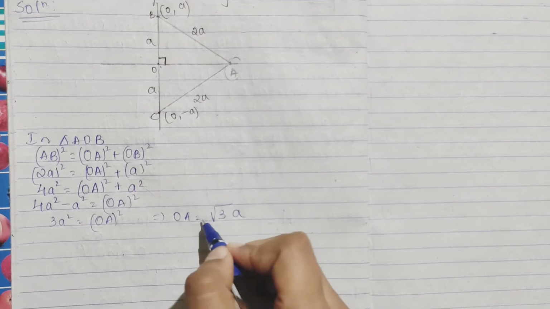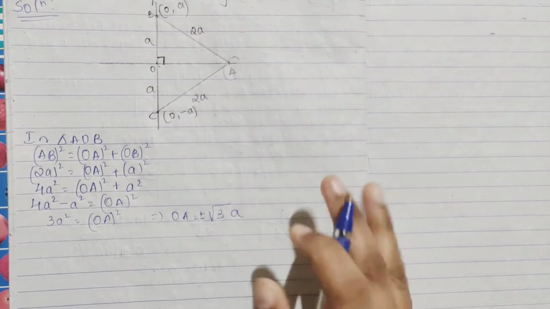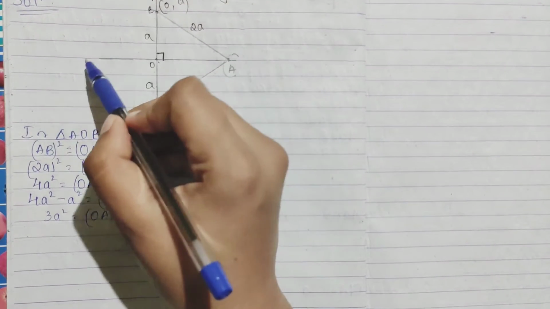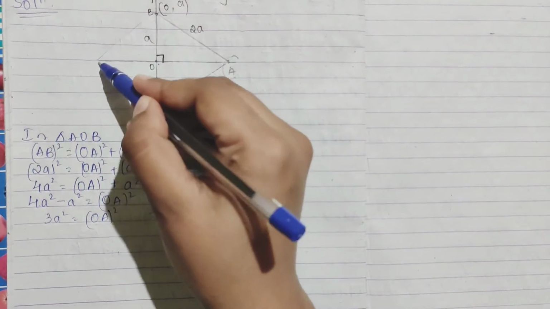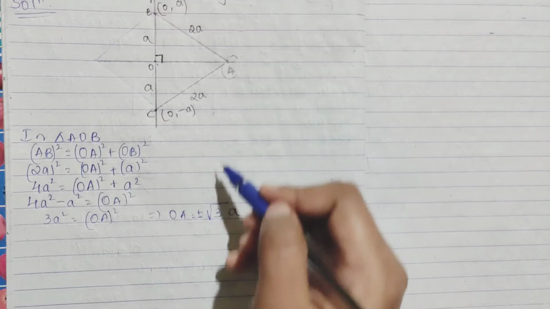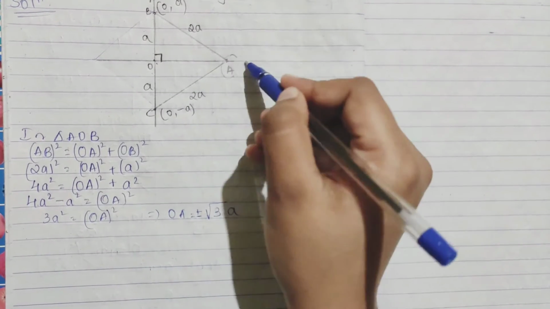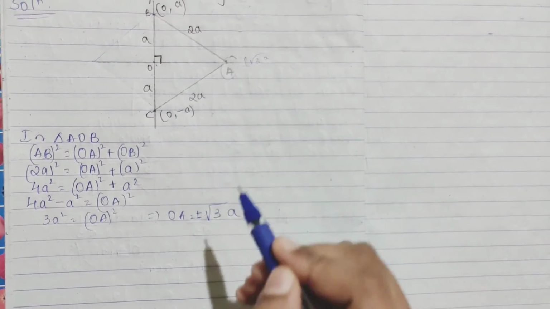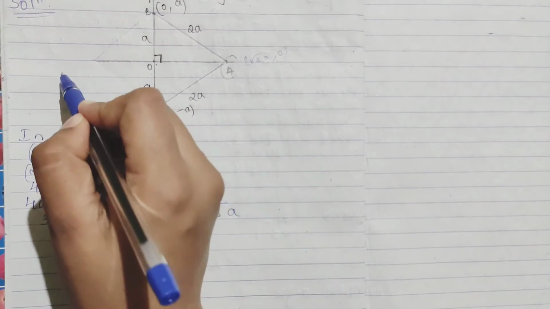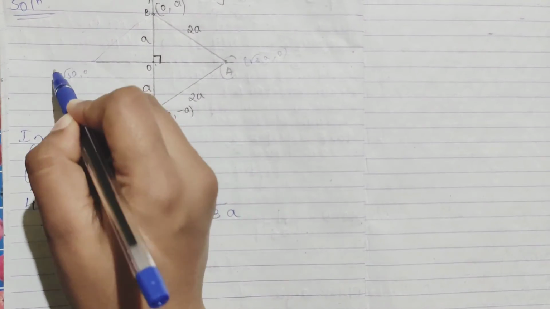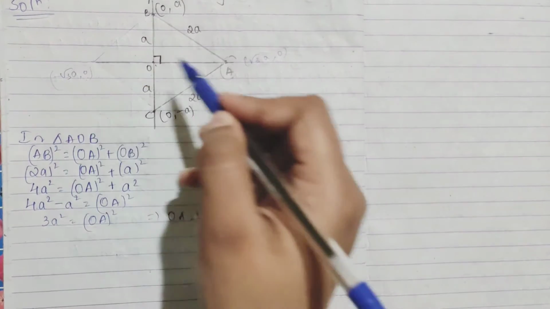But it is in square root, so it will be plus or minus. See, because if you want you can draw the triangle like this also, negative side also you could have drawn, right? You could have drawn like this. So basically here you are getting your OA as your root 3A. Yes, your x as root 3A and y as 0. Here even you can get minus root 3A comma 0. So minus plus both you can get.